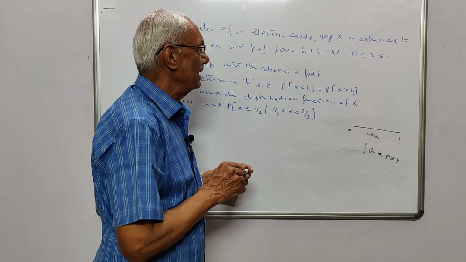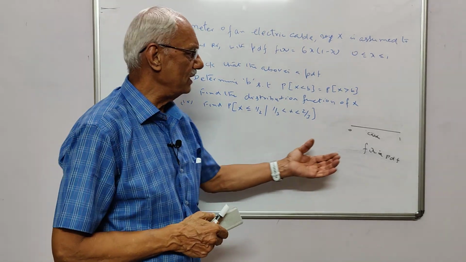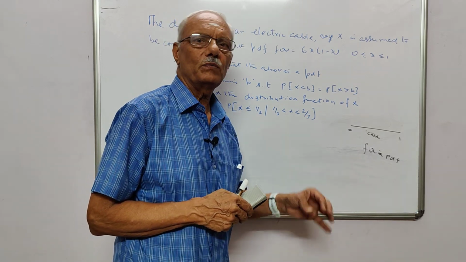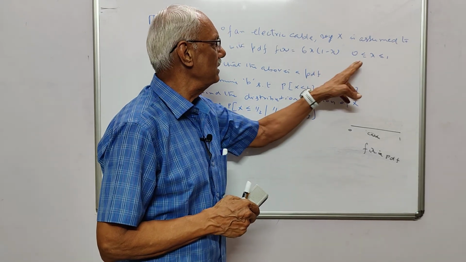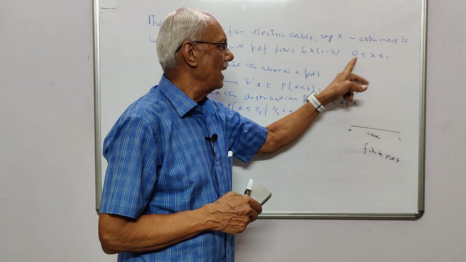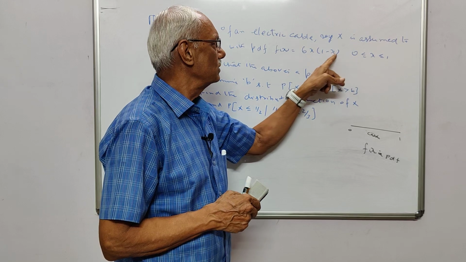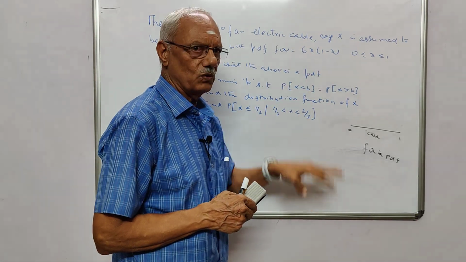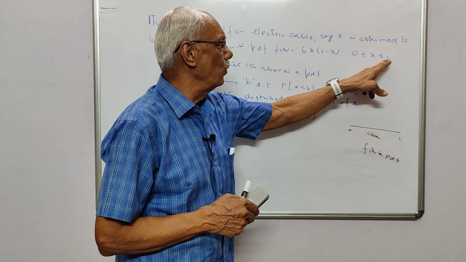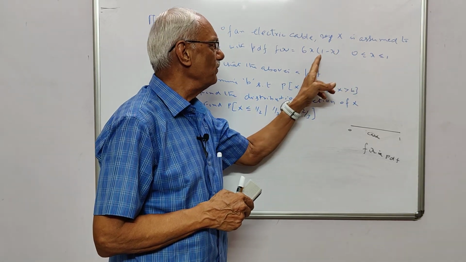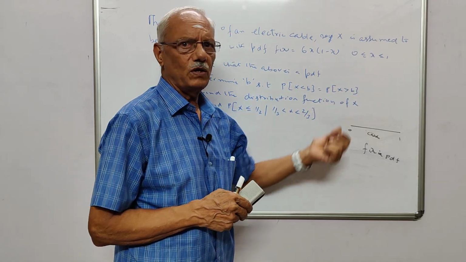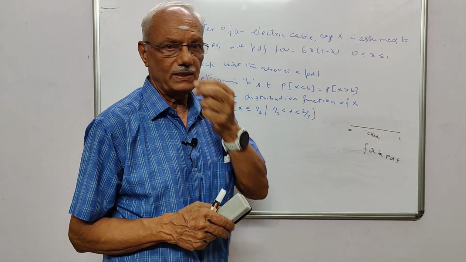Then you see that this f of x must be greater than or equal to 0. It cannot be negative. You see that the value of x runs from 0 to 1. At the least, if you put 0, f of x is equal to 0. It does not become negative. If you put 1 also, it becomes 0. In between, it takes all values. They are all positive. Can you understand?